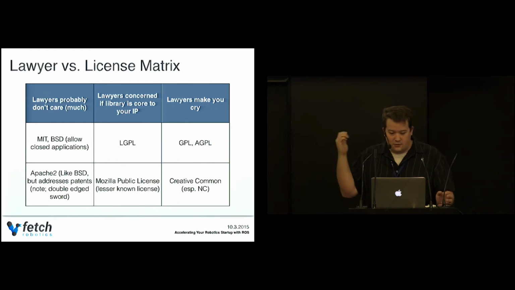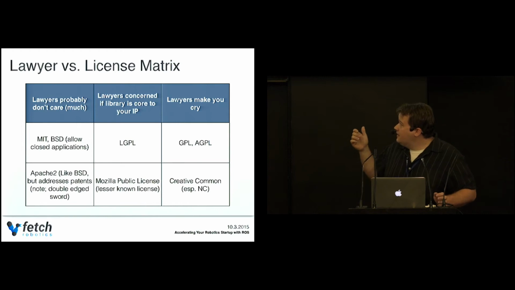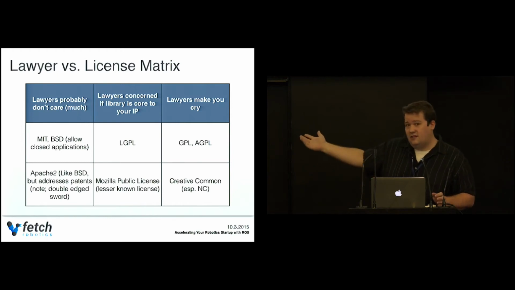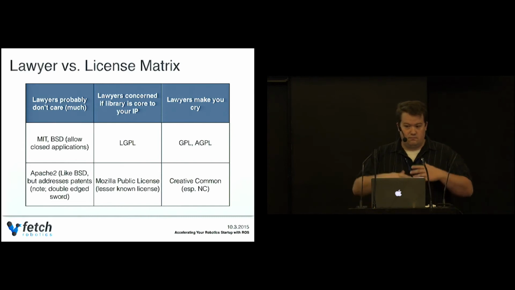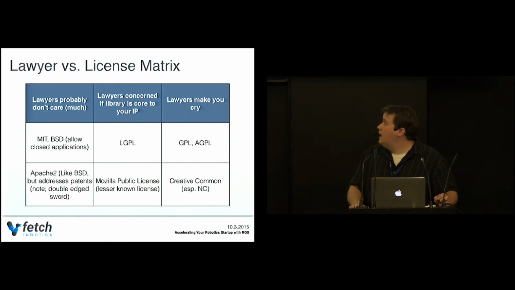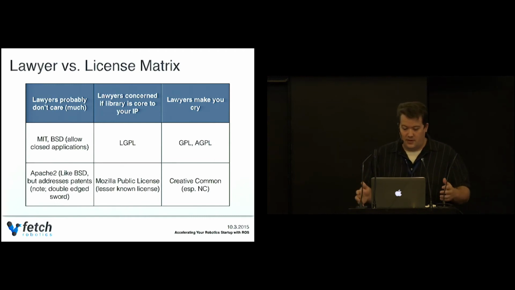There are other lesser-known licenses like the Mozilla Public License, which can cause issues. This is a file-level license. It's actually applied on Eigen, which is used throughout ROS. Most people probably aren't extending Eigen, they're just using it, and so they're probably okay. But lawyers won't know about this typically. I found very few of them are actually familiar with this license, and so it's going to cost money because they're going to go look at that license in more detail.